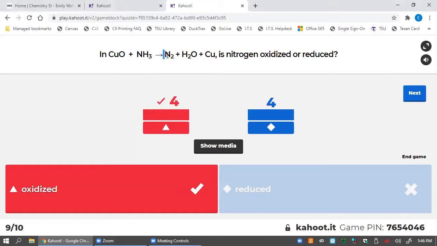And this is why Miss Adams made a big deal about remembering the diatomic molecules, because it's going to come up in stuff like this. Because it says nitrogen, you just have to focus on where there's nitrogen. You have a 0 here. What's the oxidation number of nitrogen in this? Is H positive or negative here? Negative. We have a -3, and so N is +3. So we're going from a +3 to a 0, meaning